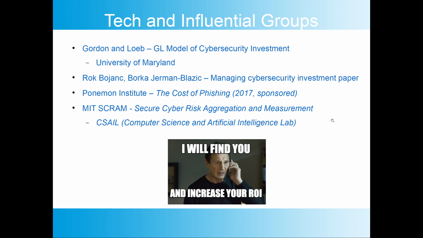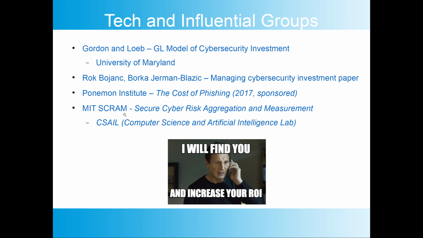The influential groups, as we just discussed, are Gordon and Loeb for their Gordon-Loeb model of cybersecurity investment. They're both at the University of Maryland. Then Bojanc and Blazek wrote a paper on risk mitigation in cybersecurity based on the characteristics of that risk and what it's protecting. The Ponemon Institute, I'm not sure if I'm saying that right, wrote another paper called The Cost of Phishing in 2017, which was sponsored by an anti-phishing training company, so take that with a grain of salt,